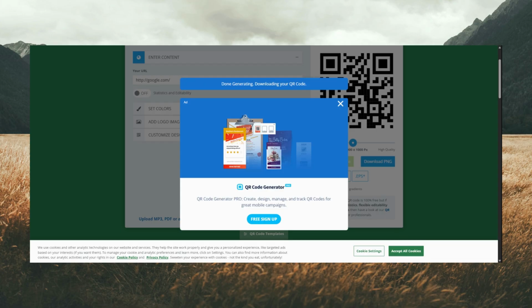All right, that wraps up QR codes, how to create them, and how to use them. Let's get right